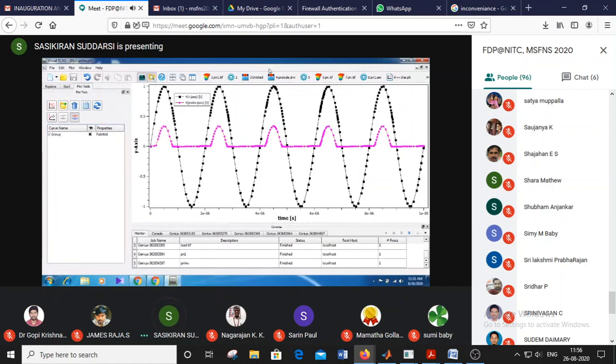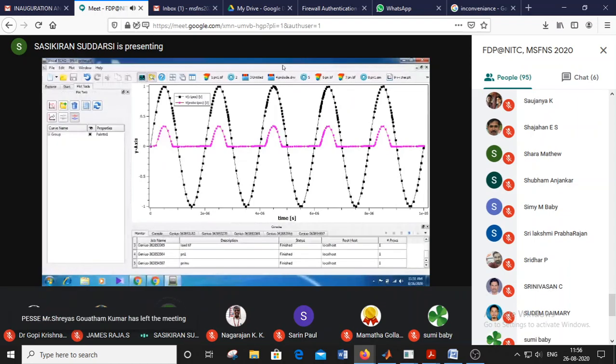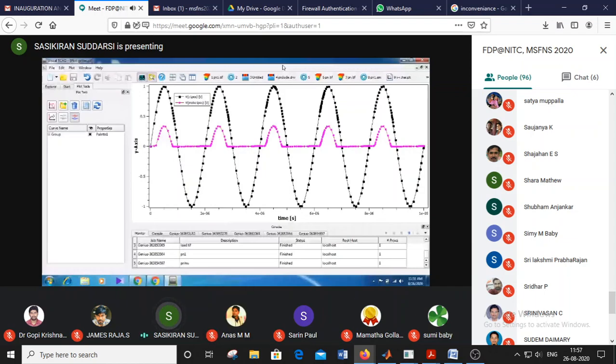So we create this with different dopings and different regions, and we simulated and confirmed that it is working fine. My device is working fine. So as we have tested a simple half wave rectifier here, if the device is not fine, it will not function like this. I hope it is understood.